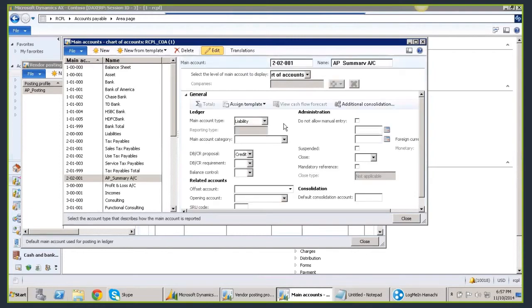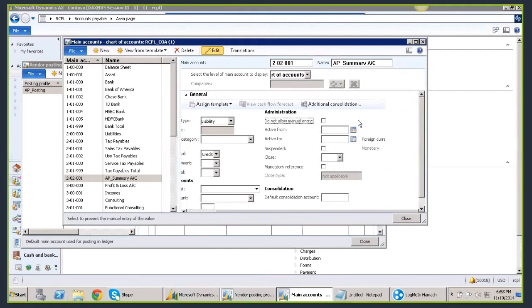And remember, there is something called do not allow manual entry. What is this do not allow manual entry? You have to check this. Why do you have to check this?